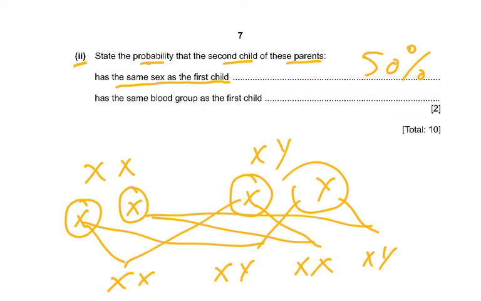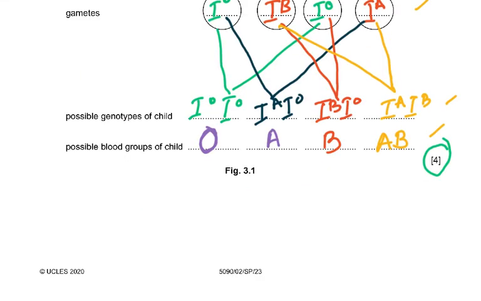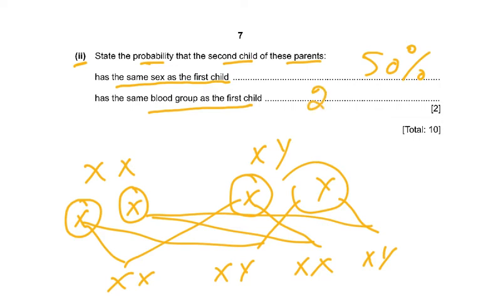So any of these. Now, has the same blood group as the first child. If you look at the previous one, there's a 25% chance of O, A, B, and AB. 25, because 100% is the whole thing. So 25% this, 25% this, 25% this, and 25%. This is actually a syllabus point which they are examining from you. So the blood group having the same is 25%, or you could have said a quarter probability, or 1/4, or 0.25, 1 in 4, 1:3. So these are all the possible answers which you could have given in this question.